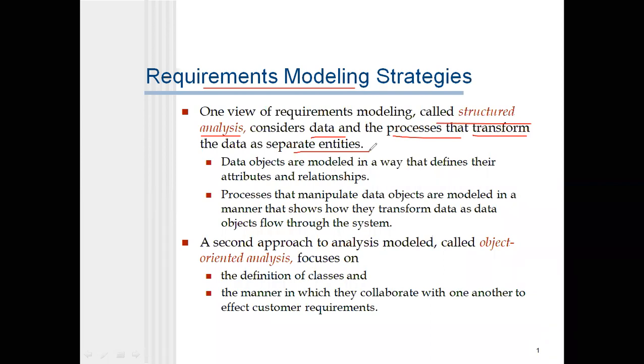Right. So data objects are modeled in a way that defines their attributes and relationships. Whenever we take some data objects for the modeling, it will define what attributes the particular problem statement has, and what the relationship is between one attribute and another attribute. And if we see the second point,